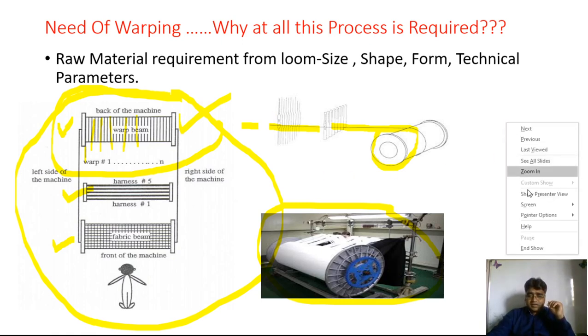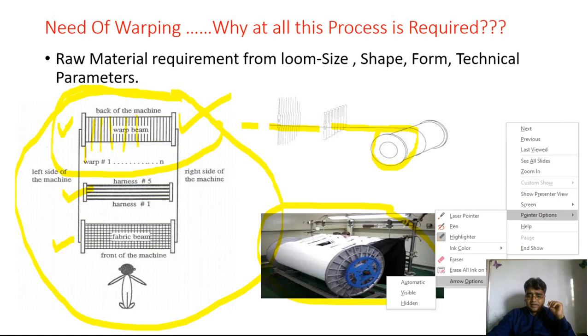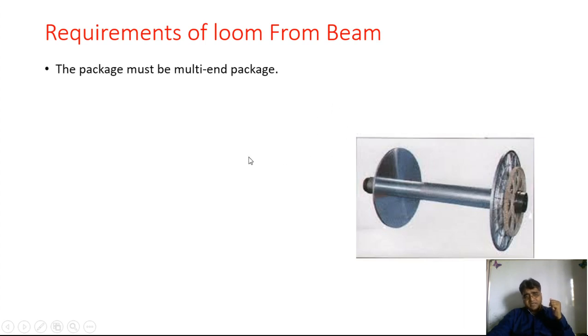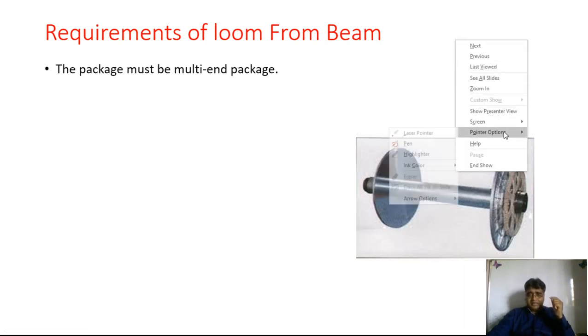Now here, if you think about the requirements from the loom shed, म्हणजे loom shed वरनं आपल्याला काय requirement येते, हे जो beam आहे, this is an empty beam. Once we fill this particular beam with yarn, with a warp sheet, that is known as a weaver's beam. Now what are the requirements from the loom shed for the beam? So what are these requirements? That is number one. Let us discuss those things.